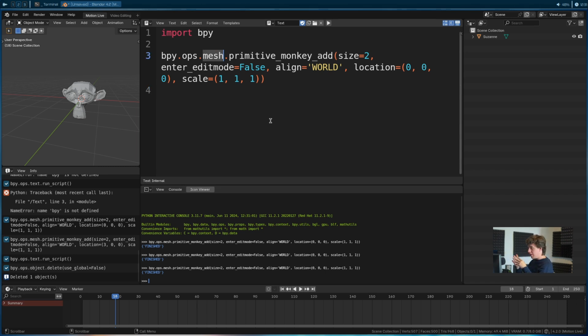Mesh is just to be a little bit organized. It's because it's an operator on the mesh data. But for example, if it was on shaders, it would be material, or if it was on objects, it would be objects. Whatever. I will show you all the stuff just after. But right now, you have